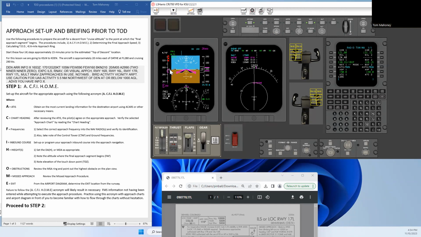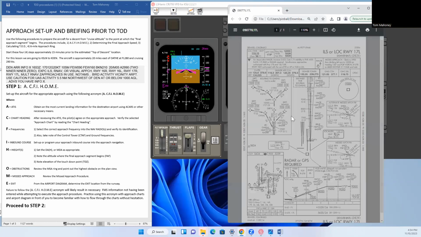I have no trend indicator on the airspeed, so I can kind of take my eyes off of it for a little bit. And moving on, the next thing I'm going to look at are the heights on my flight. Now, what heights am I specifically interested in? Well, for sure, I'm interested in the minimums that I'm going to fly down to. That's a height. So we're going to be shooting an ILS, so I'm going to be looking for the